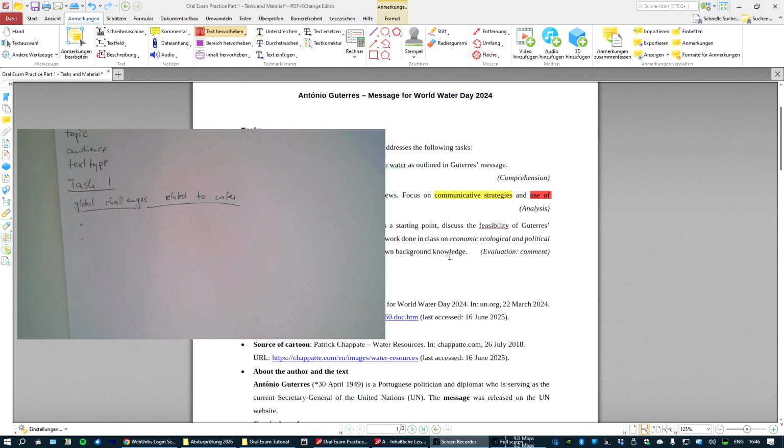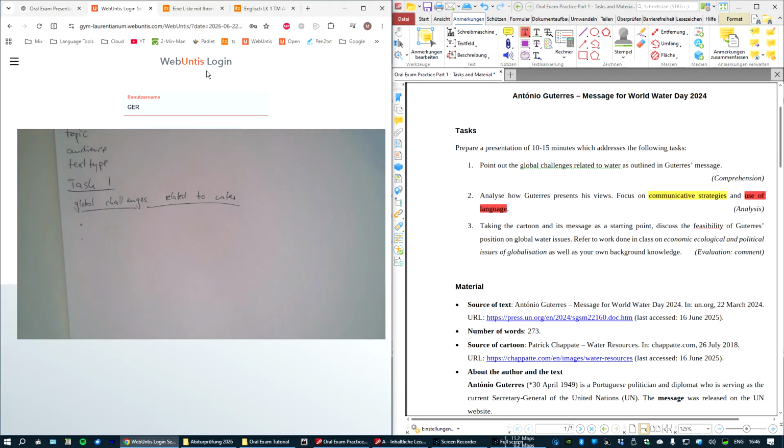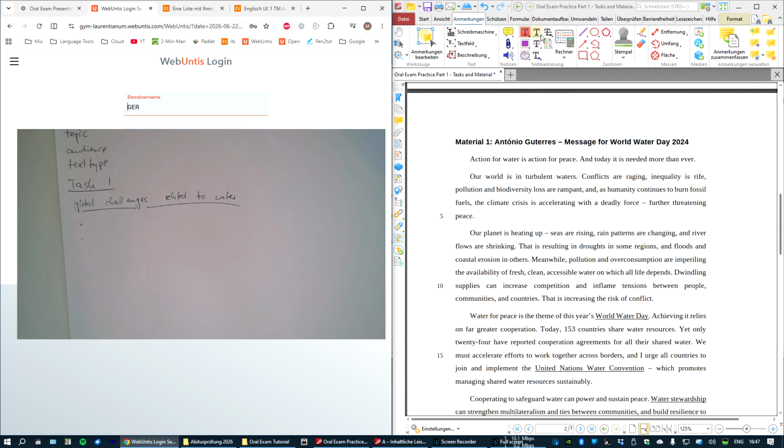So what we do next is get back here to the actual text. We read the text now. Look for global challenges related to water using the underlining thing. Read action for water is action for peace. Nothing in there. Today, needed more than ever. Maybe something that you could even include. Turbulent waters, conflicts are raging, pollution, loss are rampant, fossil fuels,